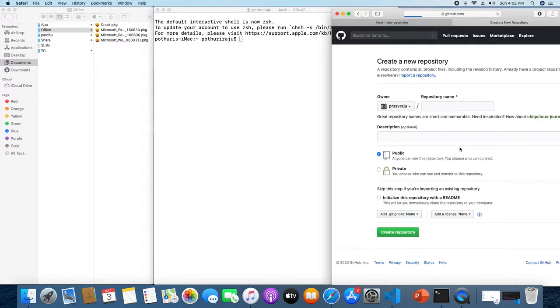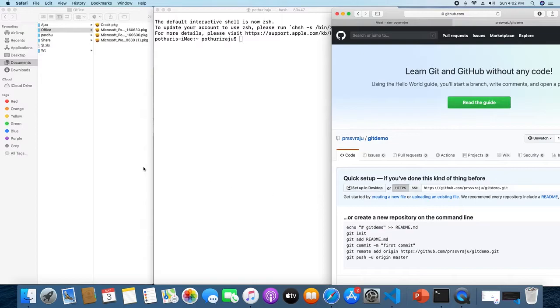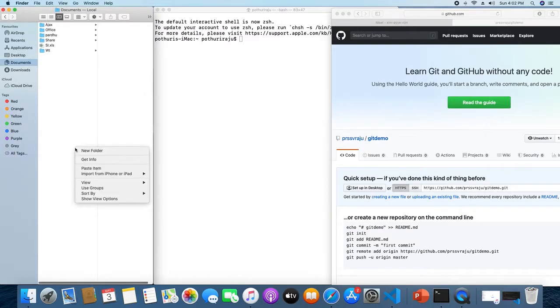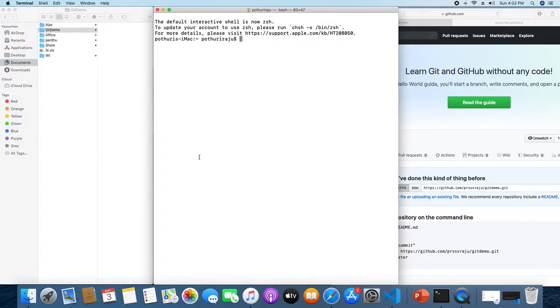So I'm going to create a repository named Git demo. Okay, and I'm going to make it public, and I'm going to click create repository. That is the first step. In the second step, I'm going to create a directory named git demo. Okay, and next step, third step, I need to